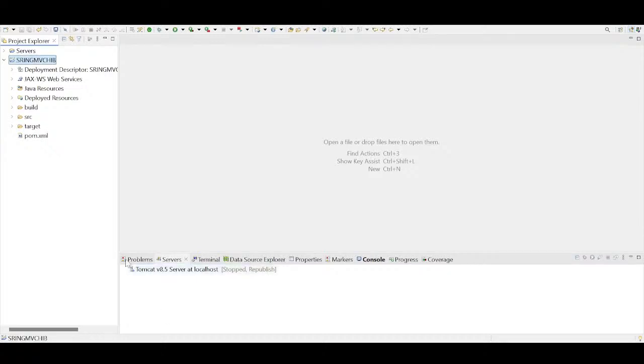Then start implementation. Go to Java Resources and find the build path src main java. Here I'm going to create packages. The same procedure I followed for Spring JDBC template in the first online session, I'm going to follow here. I'm going to follow the annotation methods. So right click on the build path src main java, then create a new package called